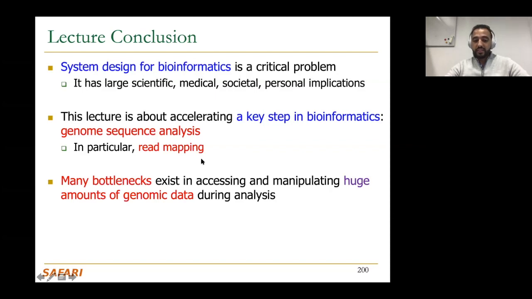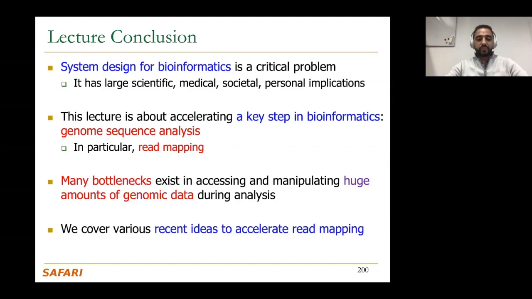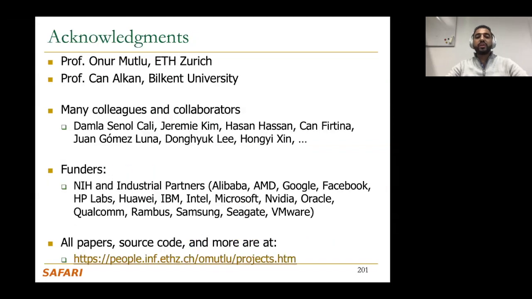Many bottlenecks still exist in accessing and manipulating a huge amount of genomic data during analysis. After we accelerate read mapping and reduce its bottleneck, we may shift the bottleneck from read mapping to the next steps, and then we need to shift our acceleration effort to these other steps as well. We cover various recent ideas from our lab and from other labs to accelerate read mapping. This journey started in September 2006 with Professor Onur Mutlu himself. I started 7 years ago, and we hope that we will continue accelerating genome analysis until we achieve intelligent